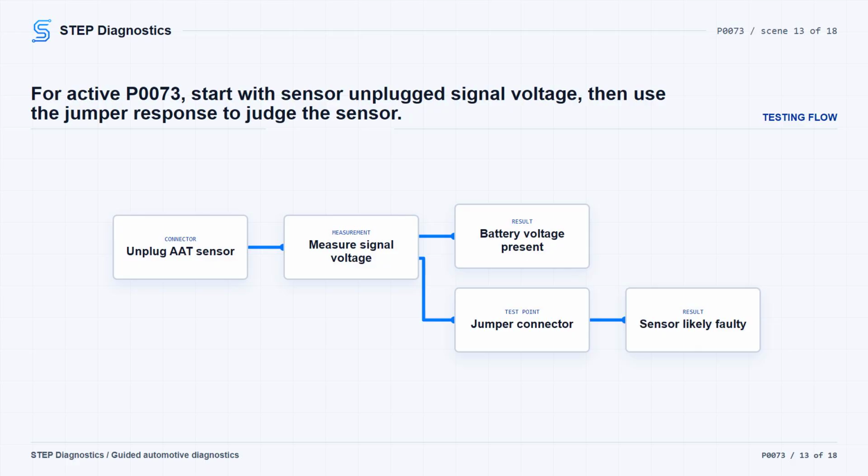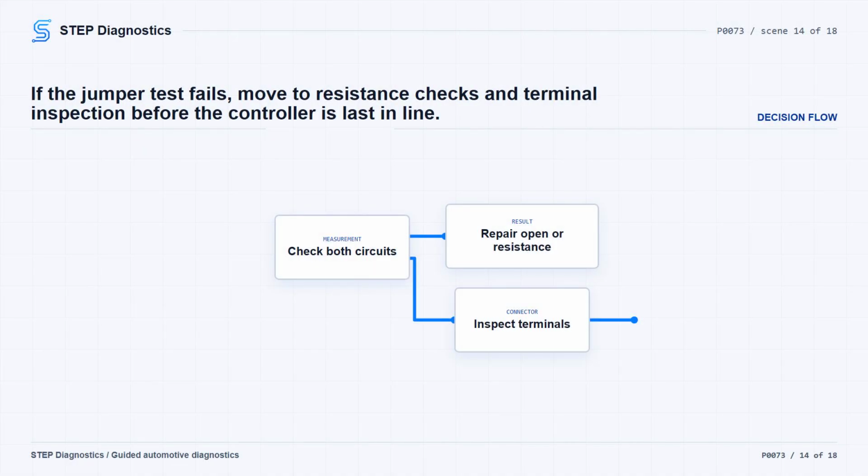Monitor the scan tool and jumper across the sensor connector terminals with the ignition on. Normally, the scan tool signal should drop to 0 volts with the jumper in place. If voltage data is not available, watch for the circuit low fault to set with the jumper installed. If either of those happens, the sensor is faulty. If the signal does not drop to 0 volts or the low fault does not set with the jumper installed,